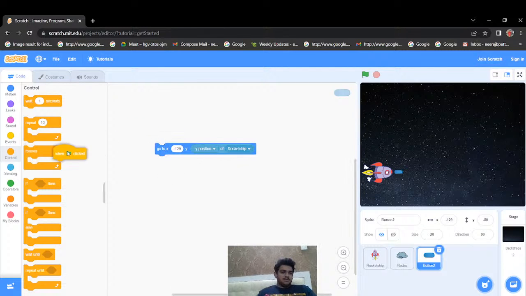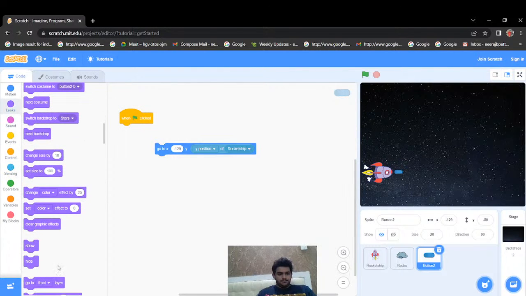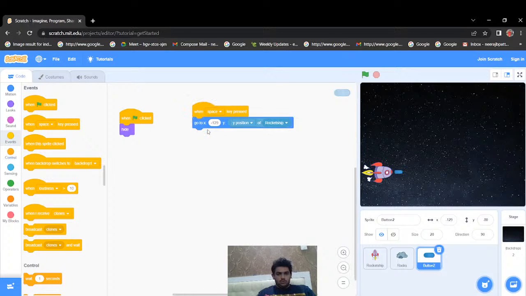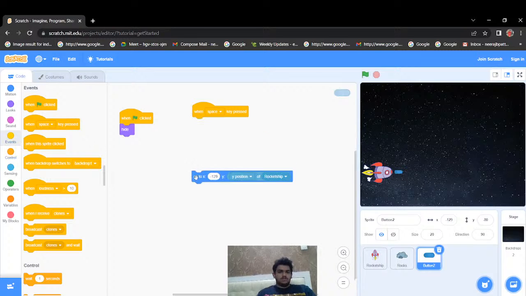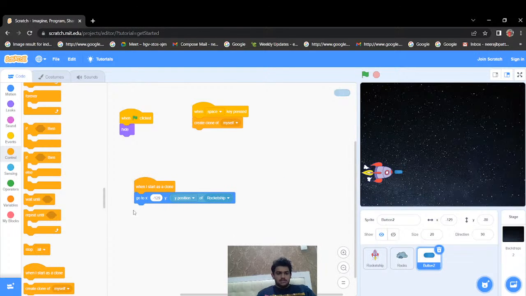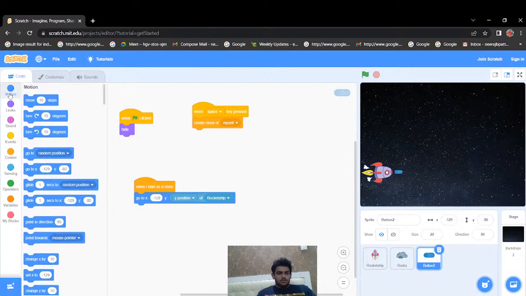whenever the space key is pressed. When green flag clicked, I want it to hide. When space key pressed, I want it to go to this position and create a clone of myself. After it creates a clone of itself, I'll be putting show,